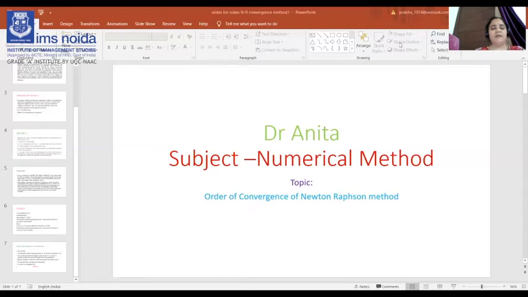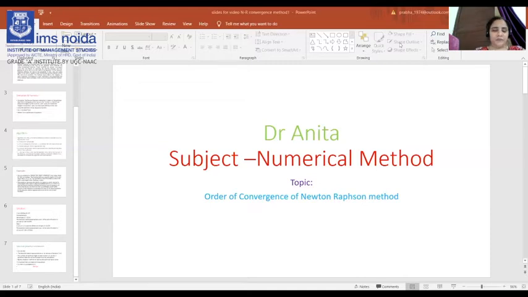This is the most important condition that must be followed throughout the solution process. fa into fb less than 0, where a and b are two assumed roots. This is a very important step so that you can assume the roots and must follow the condition fa into fb less than 0. The condition is the same for the iteration method, false position method, Newton-Raphson method, and all these methods are in your Unit 1.